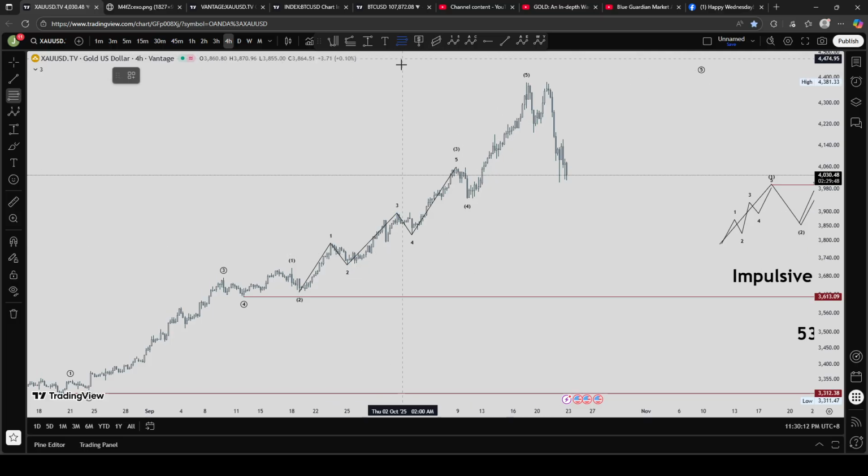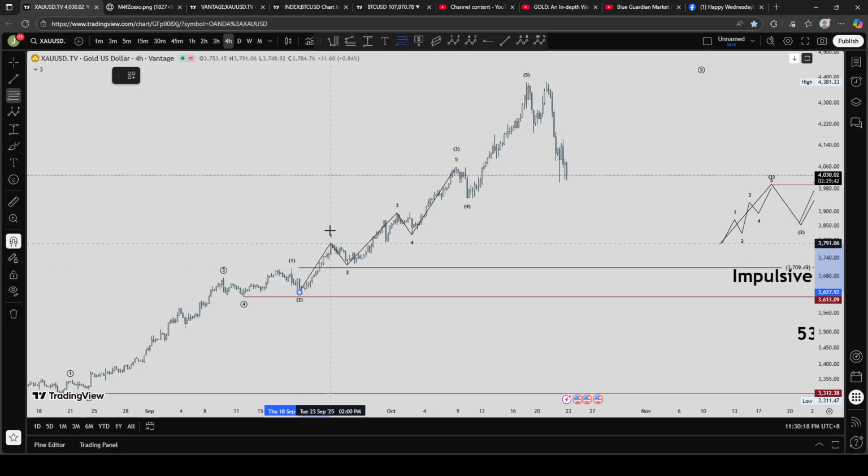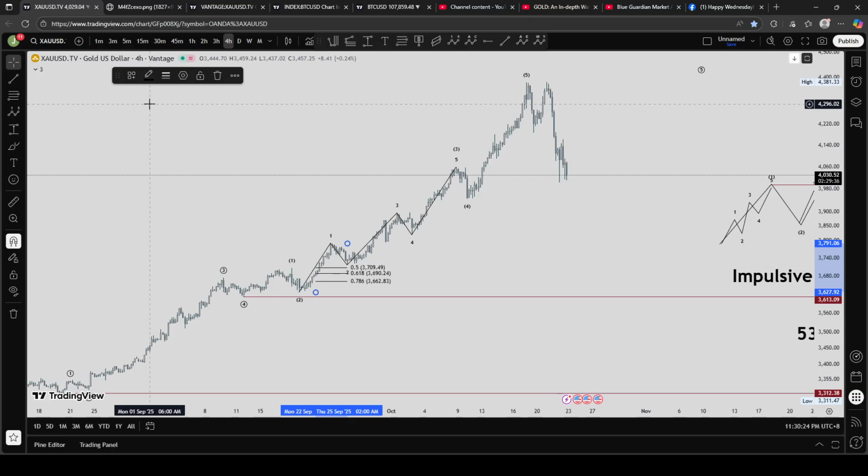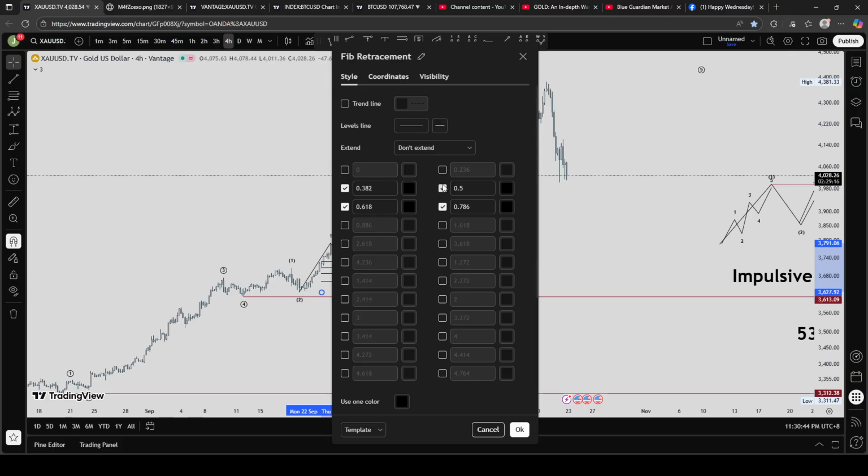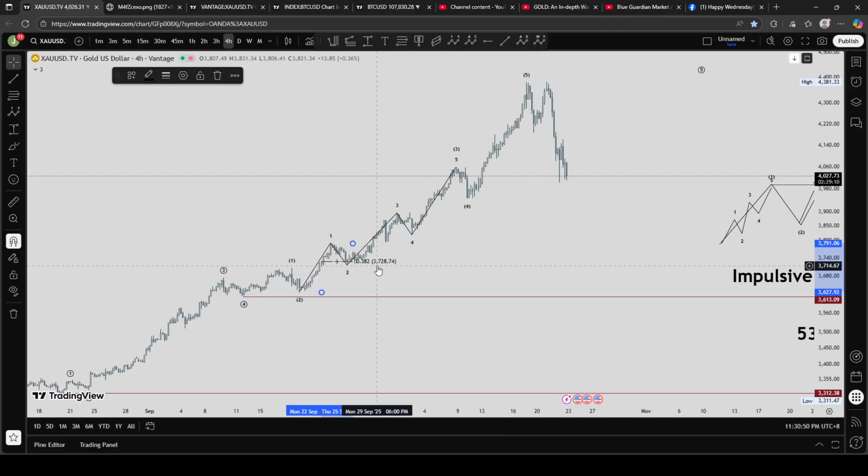And usually in Elliott wave theory, the retracement level for wave 2 is around 50% to the golden zone retracement, 61.8% or 78.6%. But in a very bullish market, sometimes this level will only reach 38.2%, which is the actual retracement level for wave 2 in this particular price action.